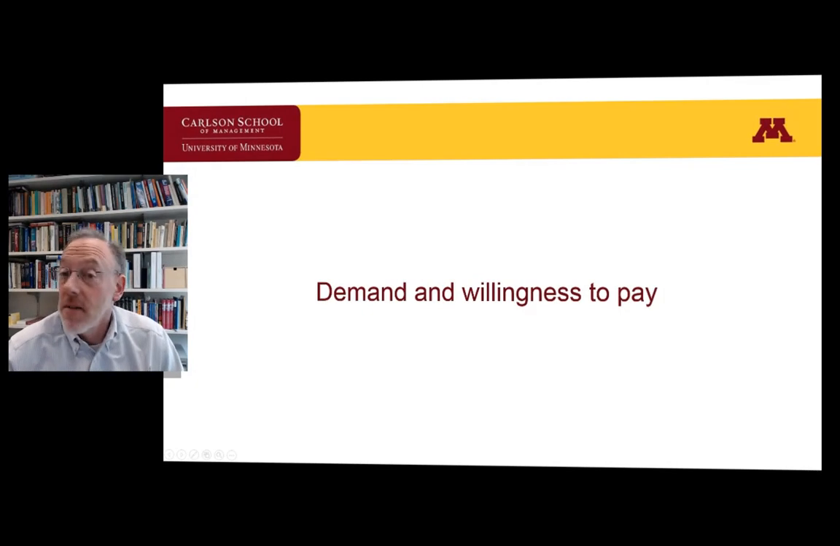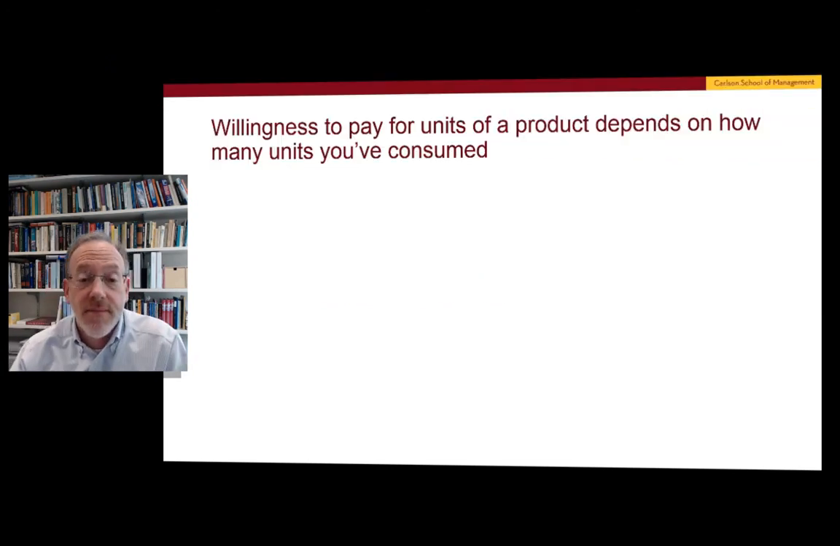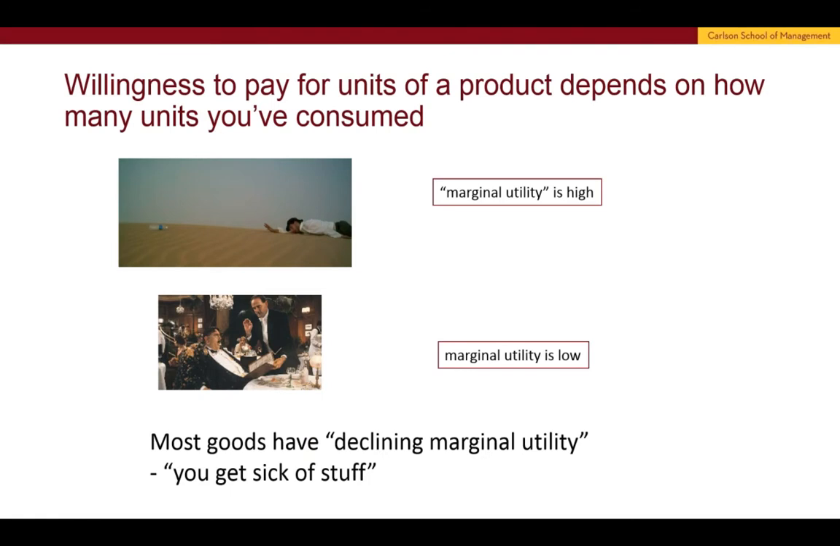Let's talk a little bit about demand and willingness to pay. This module is about another interpretation of the individual's demand curve, and therefore the market demand curve. We generally think that the willingness to pay for units of a product depends on how many units you've already